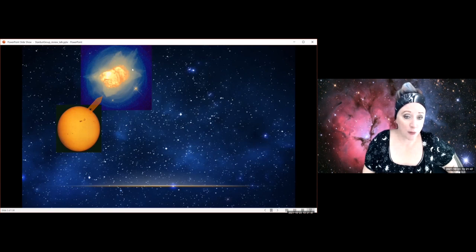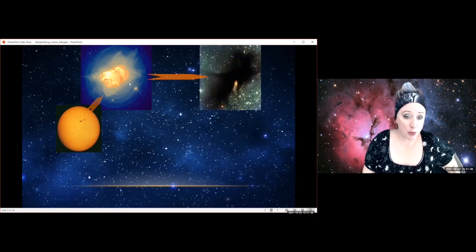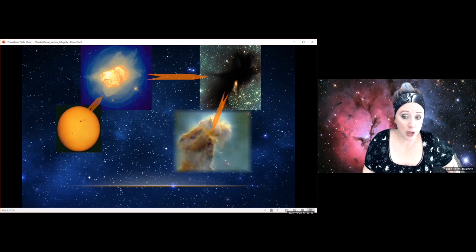Now, this material heads off in all directions, and it meets up with material from other stars, and we end up with areas in the universe that have lots of dust. In fact, they have so much dust that we can't see through them. So this dark patch here isn't because there aren't any stars, but because the dust is blocking the light from behind, and so we can't see the stars through the dust. But these dust clouds are actually where stars get born.